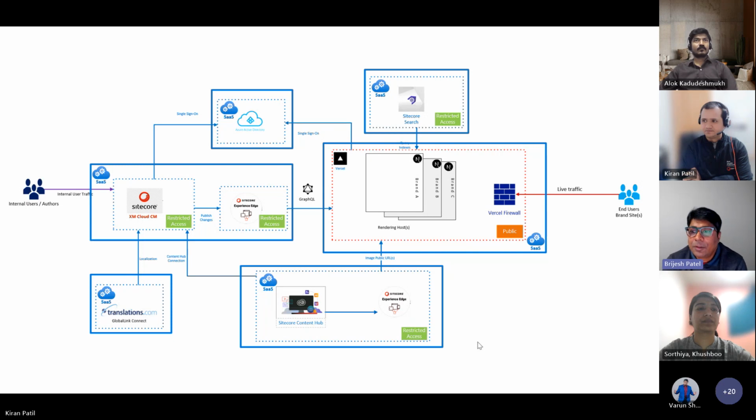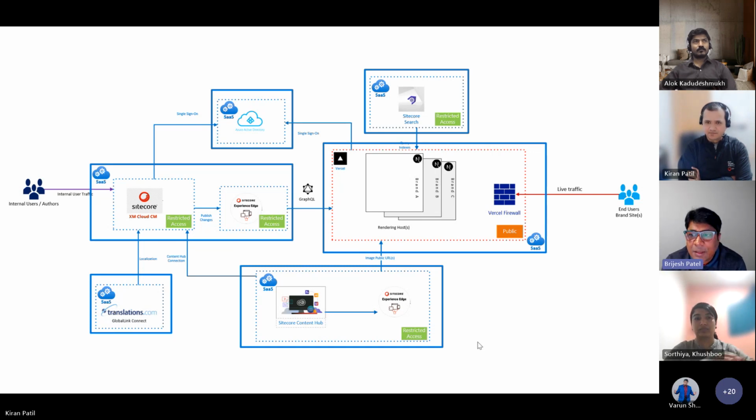And then one of the challenges that we were facing was the new releases that XM Cloud will bring in, right? So again, you have to judge very well how frequently you bring in those changes. One example was site grouping under XM Cloud. A site did not support multiple site groupings, and we had multiple domains. So we did a customization, but just 2 weeks before, Sitecore released a feature where multiple site groupings per language can be supported. We still paused on it because we were nearing our launch. So we said, okay, let's not do it right now. Let's do a launch and then take those changes.